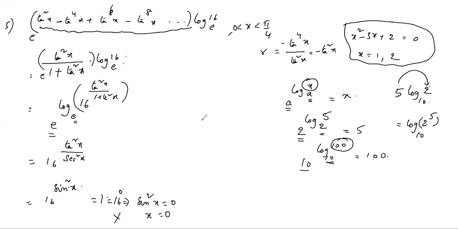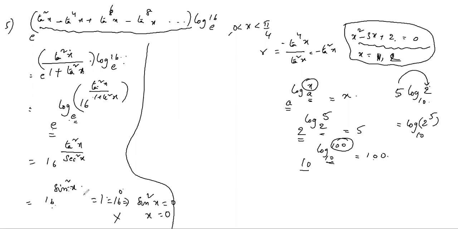Can you explain the last step again? How you got sin square x after 16 to the power sin square x? After this, you understand 16 power sin square x. Yes sir. We are taking this value into the logarithm, it goes to the power. So bases are the same, so we get x. So 16 power tan square x by secant square x. Tan square by secant square is sin square x. This value satisfies the quadratic equation x square minus 3x plus 2. So after solving this, you will get the roots 1 or 2.